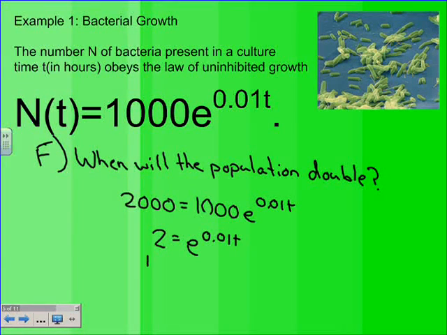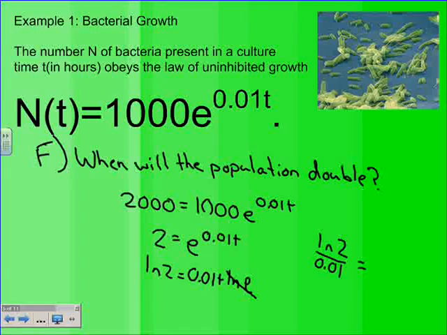Natural log of both sides, so the natural log of 2 equals 0.01t times the natural log of e. Like we've already looked at, the natural log of e, since the base is the same as what we're taking the log of, does cancel out. So then take the natural log of 2 and divide it by 0.01. And we're going to get our time. What? 69. Okay. It's about 69